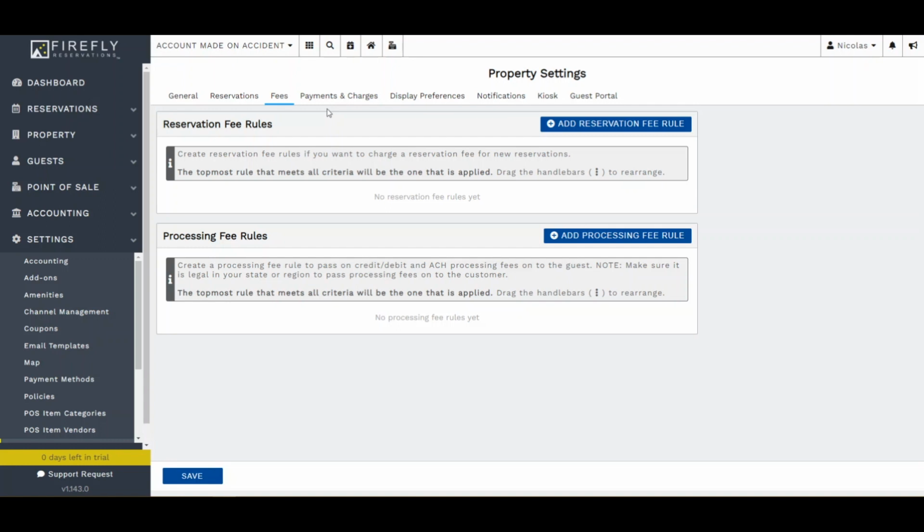Similarly, Firefly allows you to set up a processing fee rule where you can pass on any processing fee that you may be charged by a credit card processor. To create a new fee, whether it's reservation or processing fee, simply select the Add Reservation or Processing Fee rule